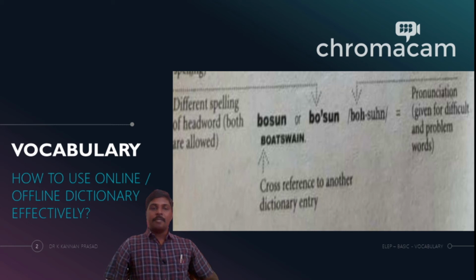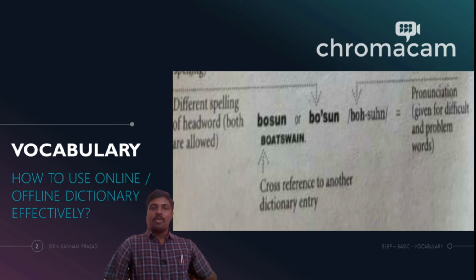Meaning the word Bosun can either be written with the spelling B-O-S-U-N or it can be written with the spelling B-O'-S-U-N. The dictionary is telling you that the word can be used legally, right, in the English speaking world, with both the spellings. Whether you write it, when you pronounce it, it does not matter anyways, because you're going to use only the pronunciation, but then when you write, you could use both the spellings.